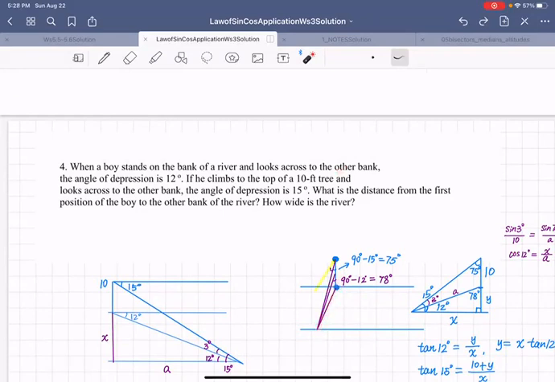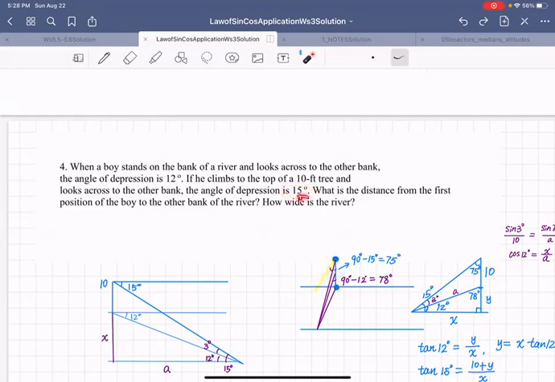Go ahead. The angle of depression is 12 degrees. So that means the angle of depression is 12 degrees. Next. If he climbs to the top of a 10-foot tree and looks across to the other bank, the angle of depression is 15 degrees. So he climbs taller and he looks at the bank. The angle of depression changes to